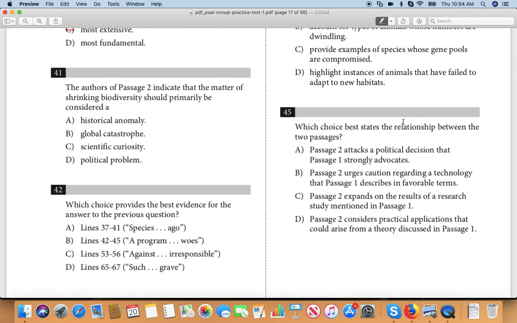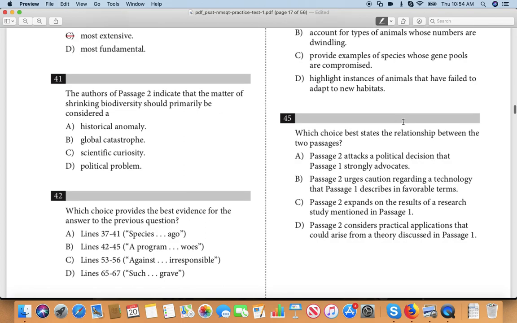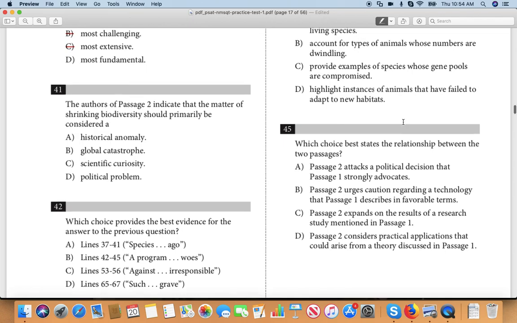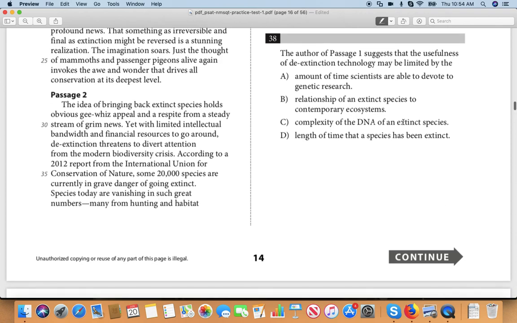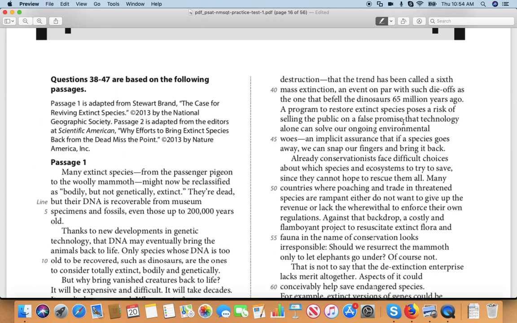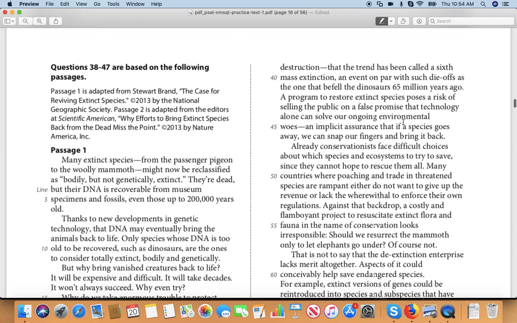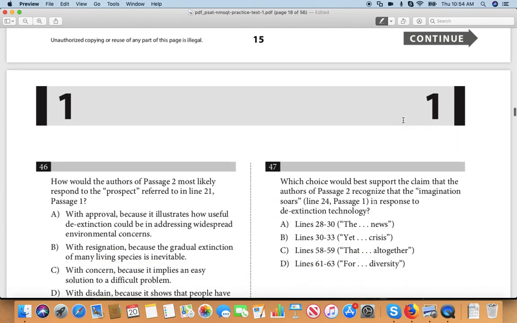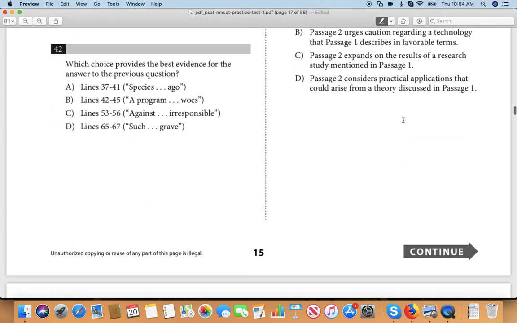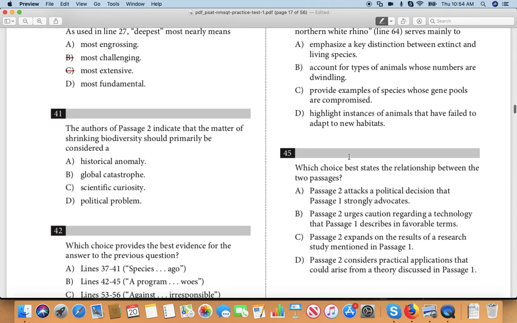Biodiversity. Because it kind of stated... I'm not really sure why. I need some evidence from the text. An anomaly means nothing like this has happened before, basically. Has something like this happened before? Yes, it has. So maybe not eliminate it, but it's not looking great because maybe it's rare.